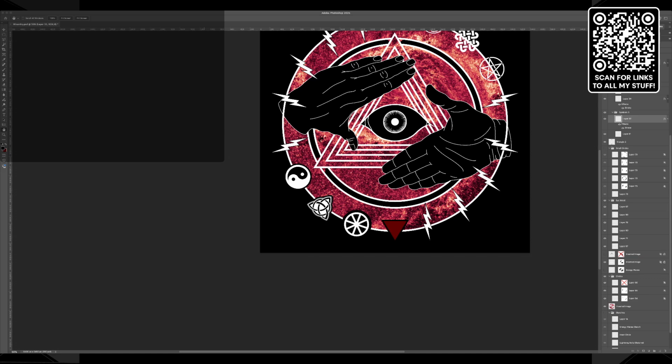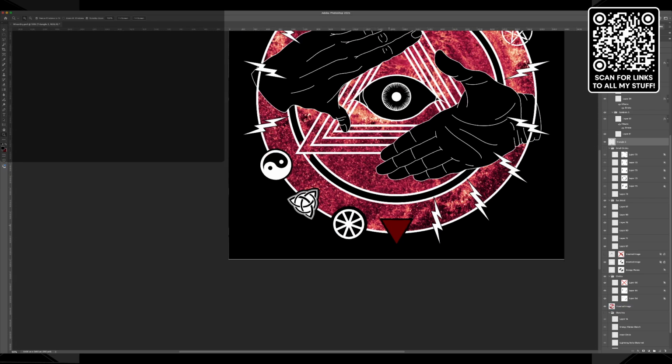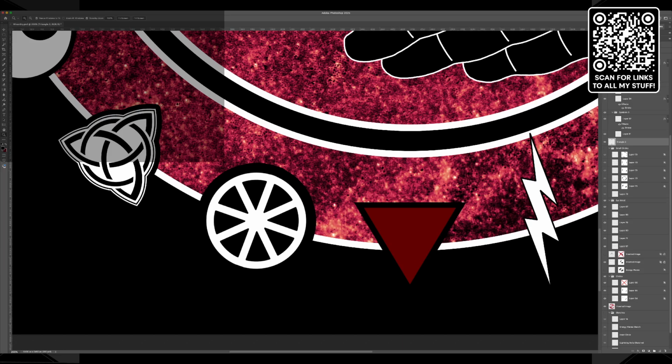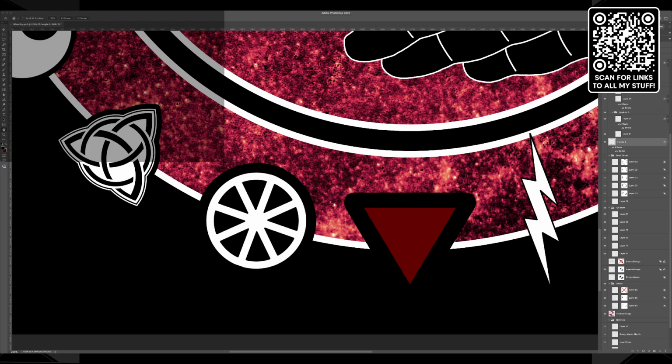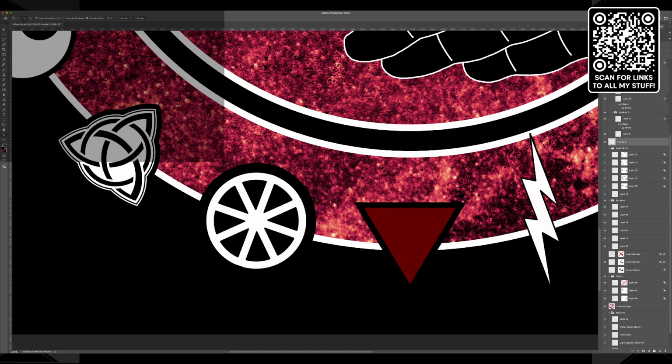The problem is the triangle. The stroke has to be the same. Well, I guess that wouldn't be much of a problem. I could just do this. I don't like the fact that it's got the round corners. I do not enjoy the fact that that has rounded corners. Yeah, I knew that was going to happen.